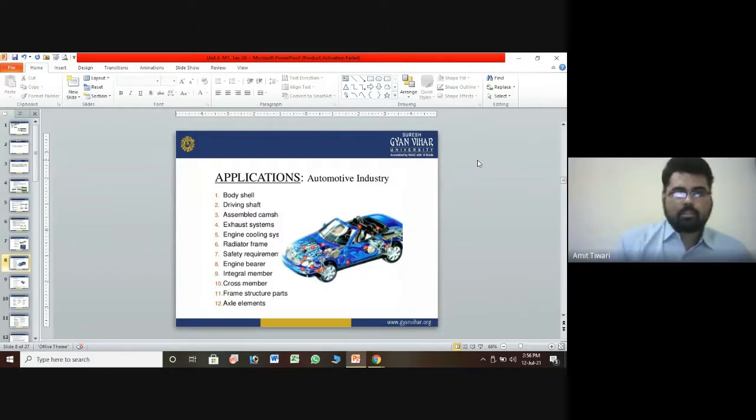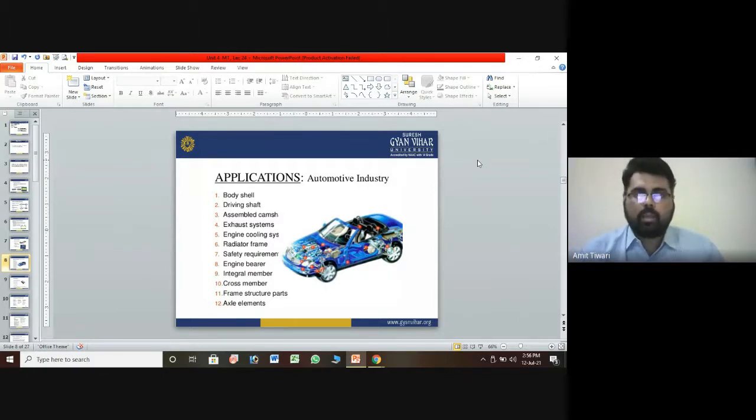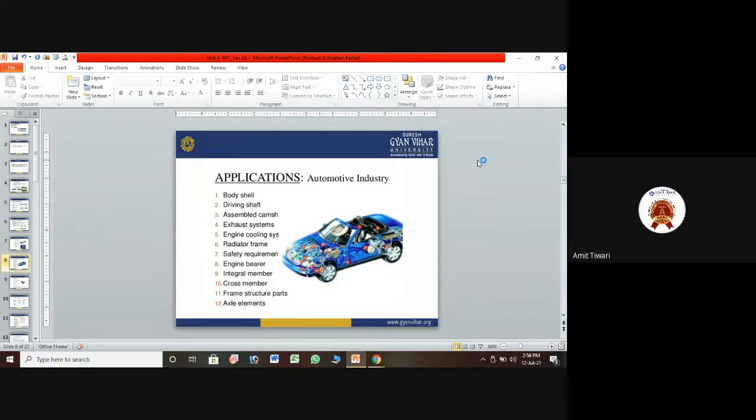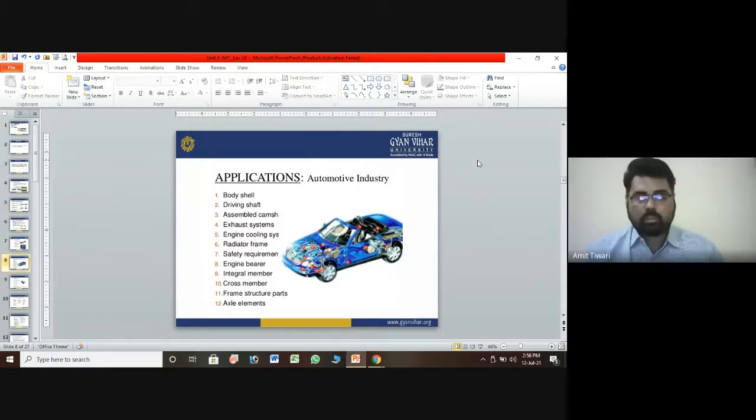So that's why we can say hydroforming is very commonly and now very rapidly used in the market, basically in the automobile industry. It also helps to fabricate complex designs, and the radiator frame is also fabricated this way, along with the exhaust system. Basically, you can use it for the exhaust system in a car or any automobile. It is also fabricated by hydroforming.